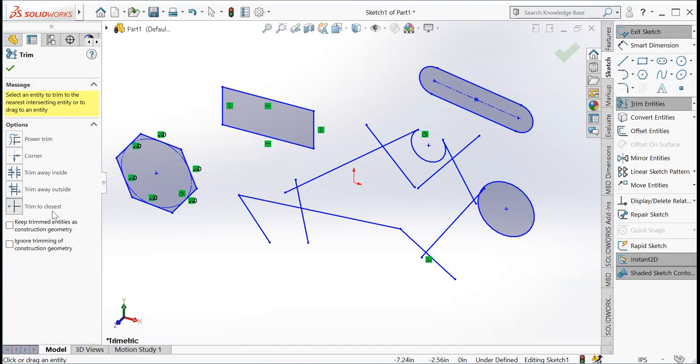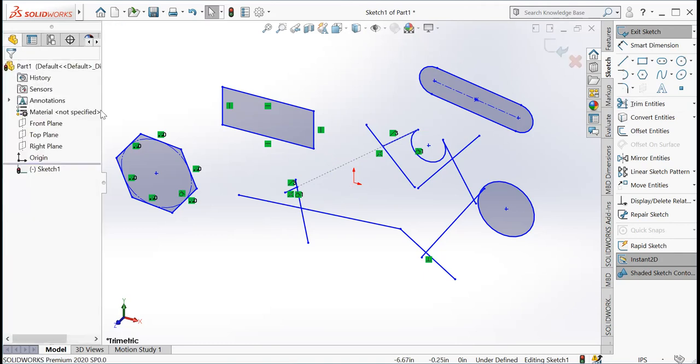So first I will click on this trim to closest. So I am clicking over this. It is close, means this line has been disappeared, it has been trimmed. So if I click on this, this center line has not been completely deleted.